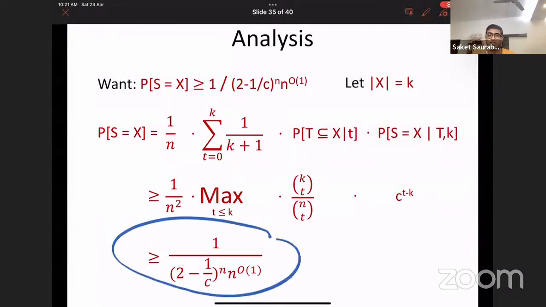So if you do some differentials and like this and that, this is what you get. Okay, so what is the general methodology? The general methodology is very simple: you set up your space where you want to count the objects. Now you set up a random process which outputs every element of this space with some good probability, the probability which you have in your head and want to get an upper bound on. Once you have this, then 1 over that is your upper bound on the size of the set, right?